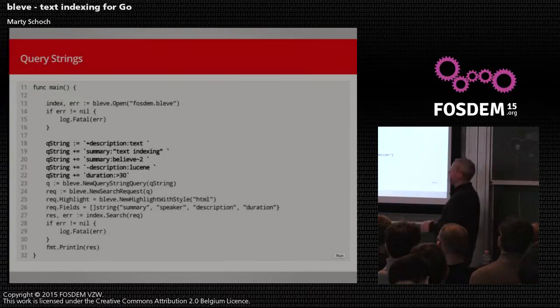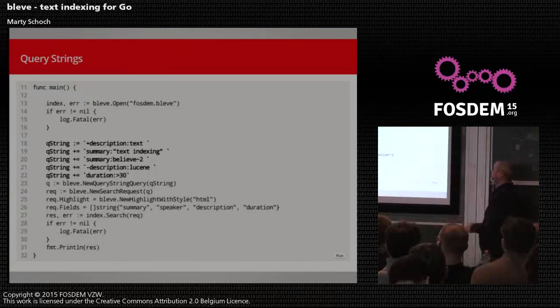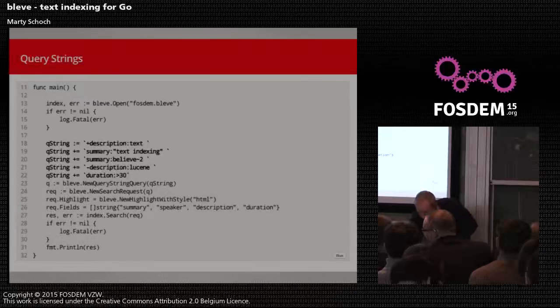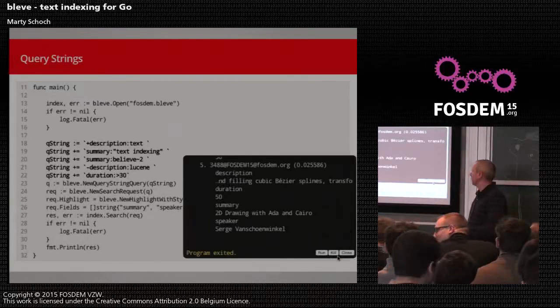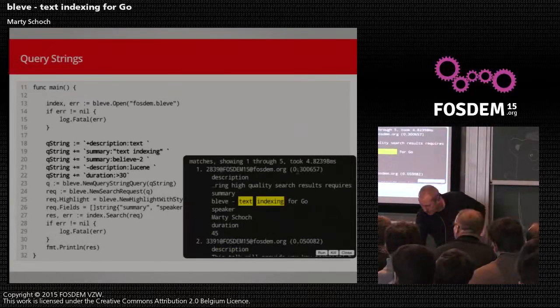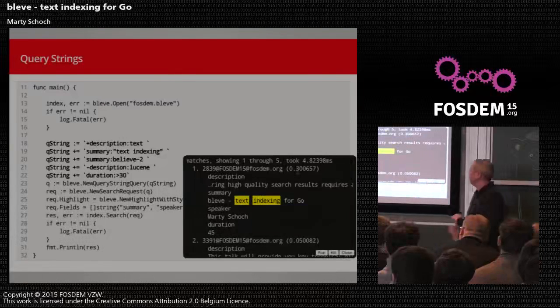The syntax is still, like I said, not as complete as Lucene's. Like we're missing the date one, for example. And there's a couple of things we need to improve there. But the idea is this is really useful for exposing it to end users so that they can construct more powerful queries. So we can run this one as well. And this was going to match 5 talks. Again, I think the first one is Bleve in this case. Yeah, that has the highest score as well.